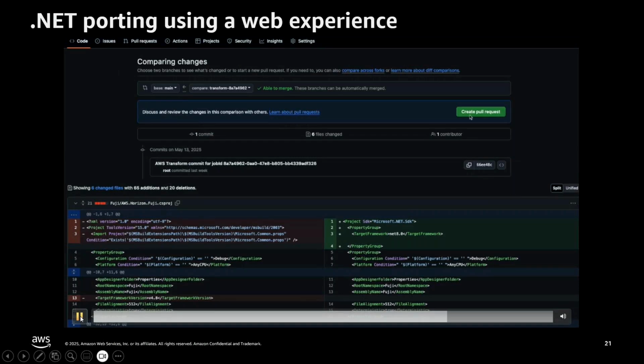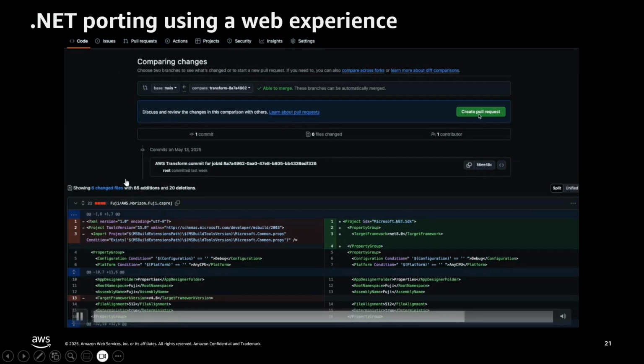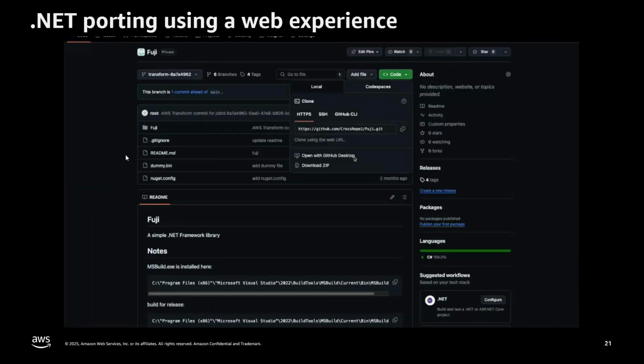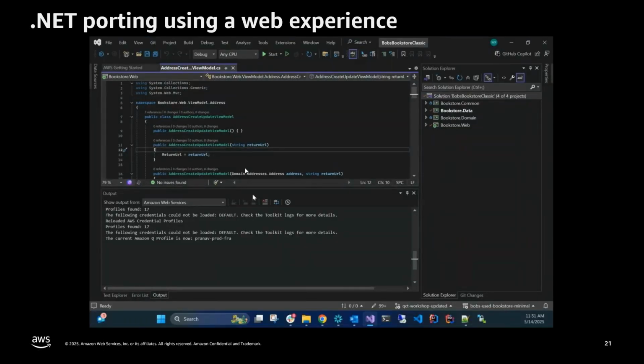Alternatively, as I mentioned, if this requires further investigation and maybe local debugging on the developer machine, what you can potentially do is, rather than merging ahead, clone this repository on your dev machine and start working with this repository locally, verify it, test it, and if everything looks good, commit your changes and then merge with the source branch. I know I went relatively fast.